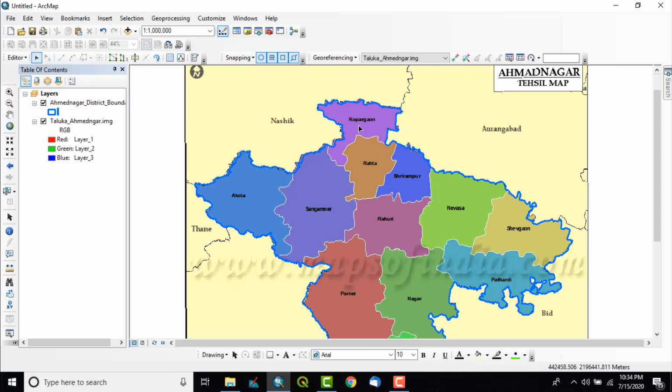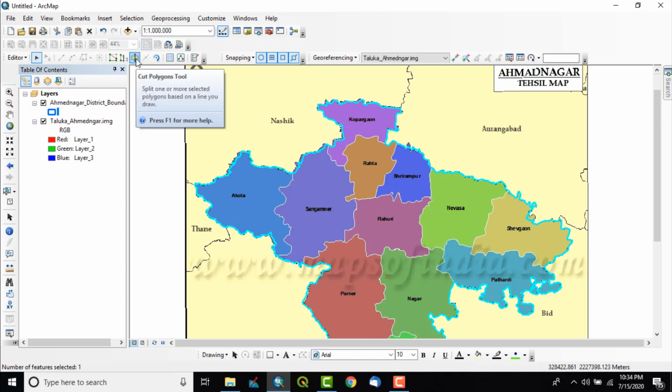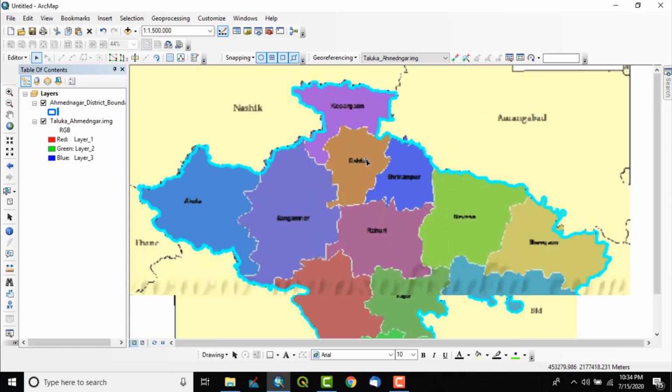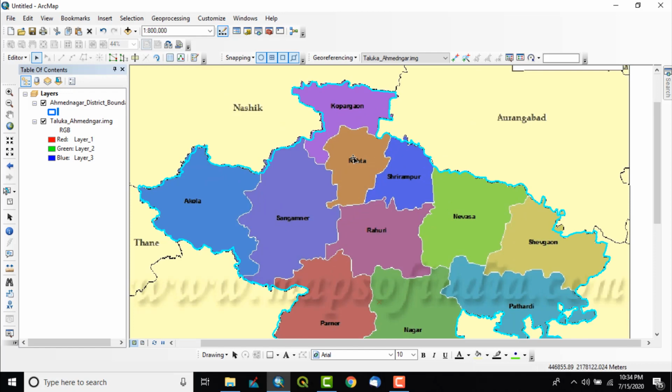Now select the district boundary of Ahmednagar shapefile and click on cut polygon, because the Ahmednagar district boundary is a single polygon and we want to create more polygons, so we have to cut this single polygon. So the tool is the cut polygon tool.